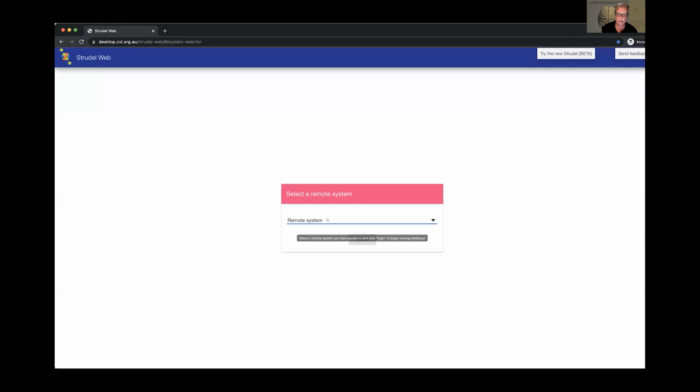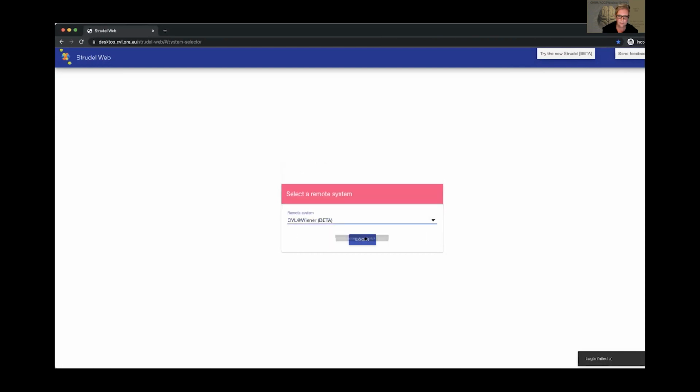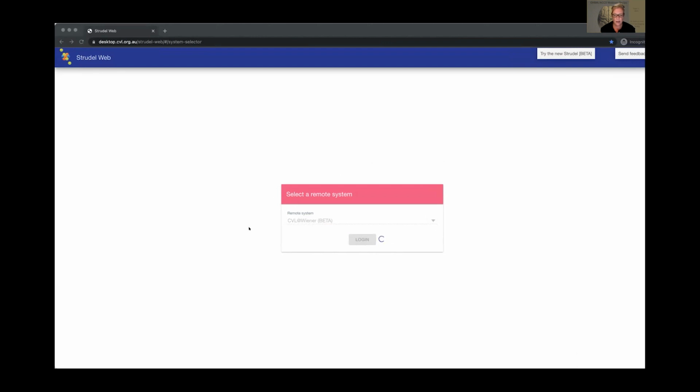So you would go to desktop here, and then in Queensland you would use Weena, and in other locations you might use M3. And it's quite easy. You just select the node you want there. Can you still see this login at CVL? We can see the browser and we can see the login, yes. Okay. So I'm going to go Queensland. No, not QUT. It's the University of Queensland. Continue. So it uses the AAF logins.